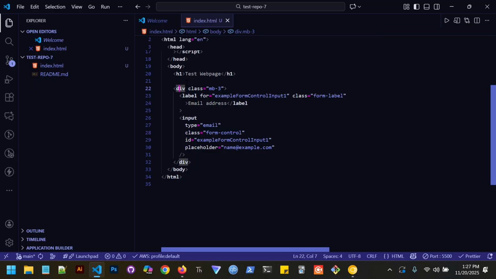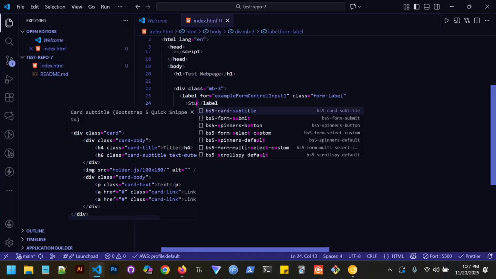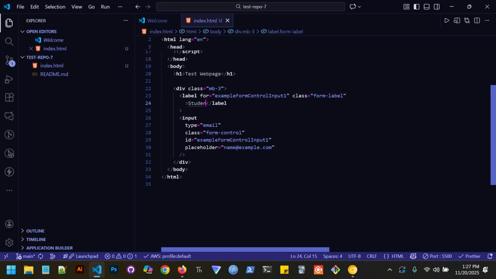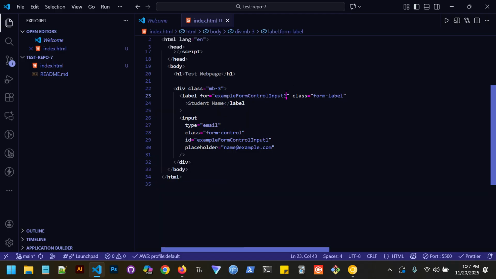So we would just group those together because the label goes with this input. And we would just change the content of it. So student name. And then we would change the for